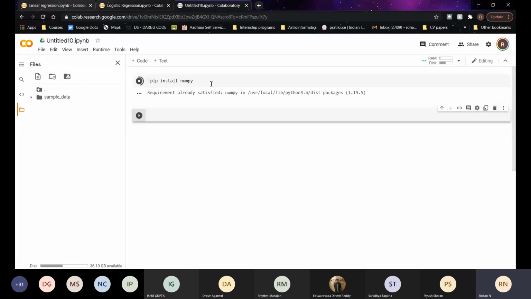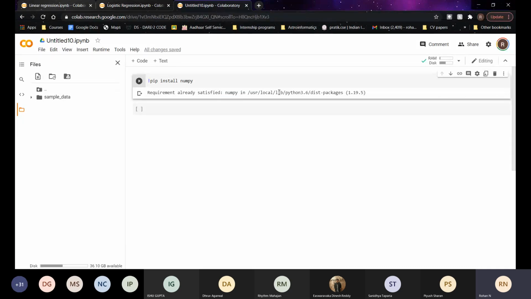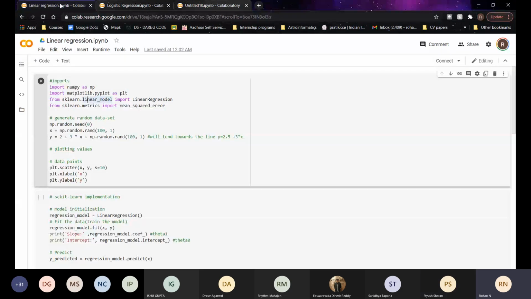It will just fetch it and install it for you if it was not installed. But like I said, many of the basic libraries come installed already. Same is the case with NumPy. The code that I will be showing you today, I already have it written out.